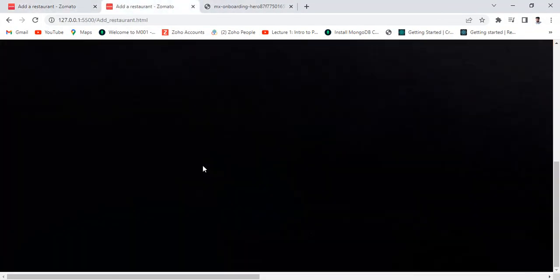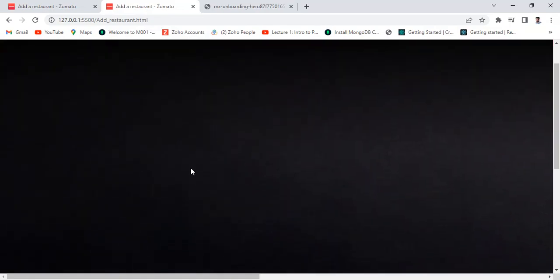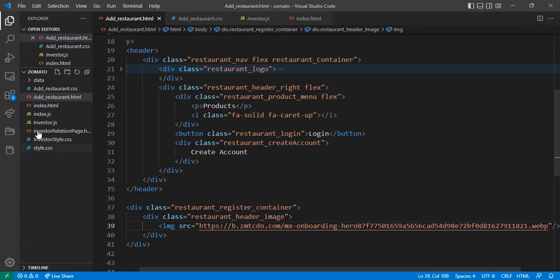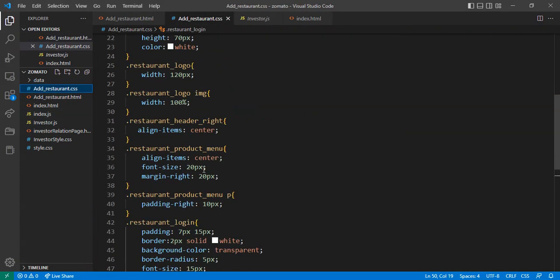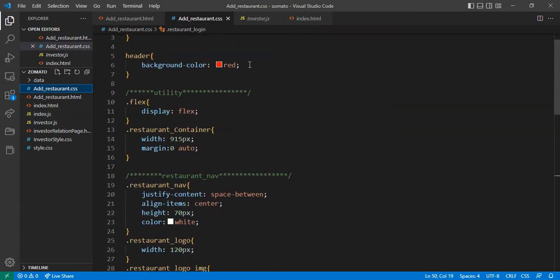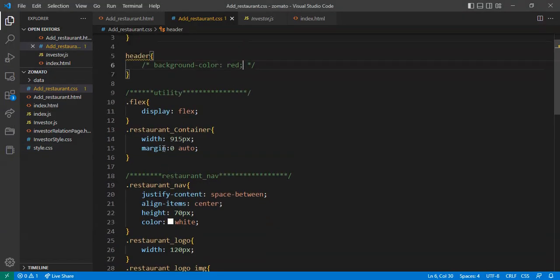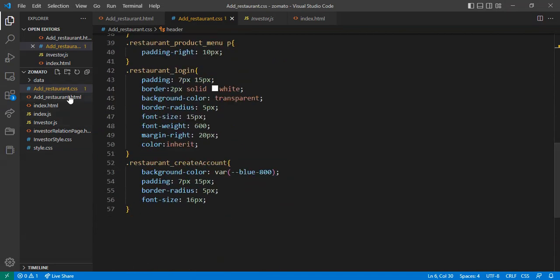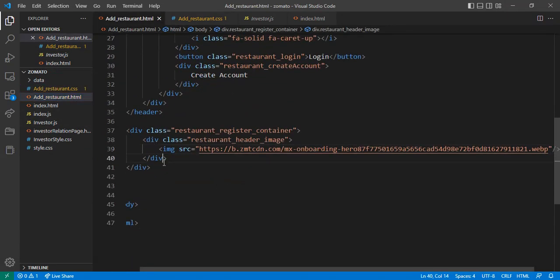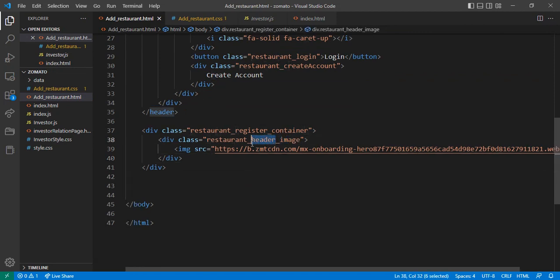Let me check here, and this image is coming. Yeah, this image is looking too big. For that, first of all I want to remove this background color. Go on the CSS file here, and just comment this background color. Now this will be gone. We can do one thing. Let me just come here, and here I want to copy this restaurant header image. This is not a header image, this is a main,